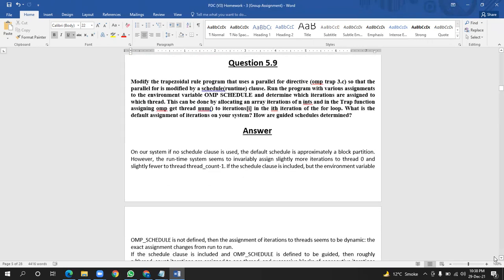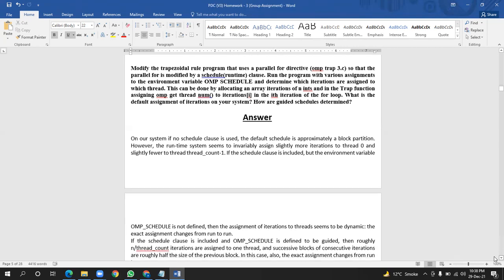Assalamu alaikum. My name is Muhammad Rizwan, and now we discuss the onward question number 5.9. In this question, we basically modify the given trapezoid program that my friend Armaganur Rahman already explained in 5.8. In this program, one file, omp_trap3.c, is already given.